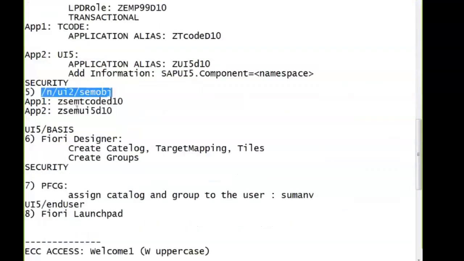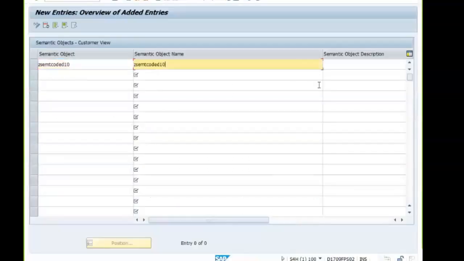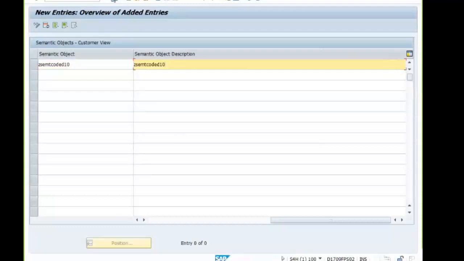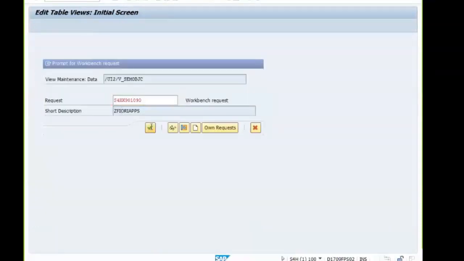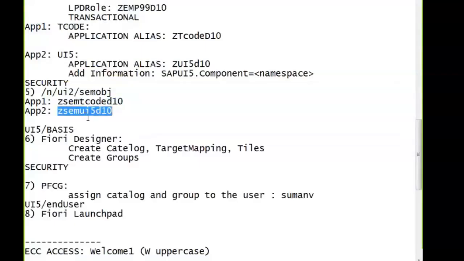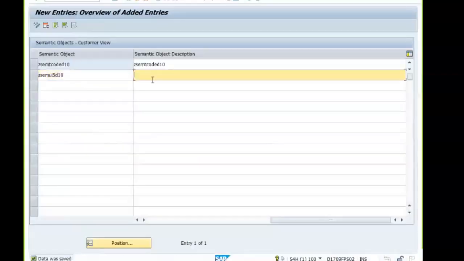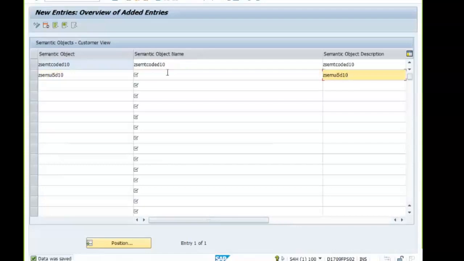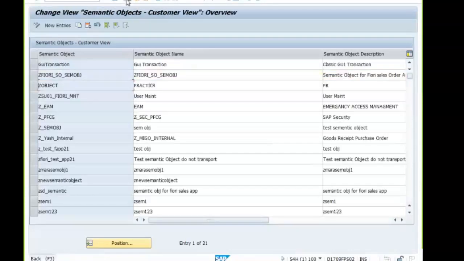I will use this semantic object name and description. Semantic object also got created.